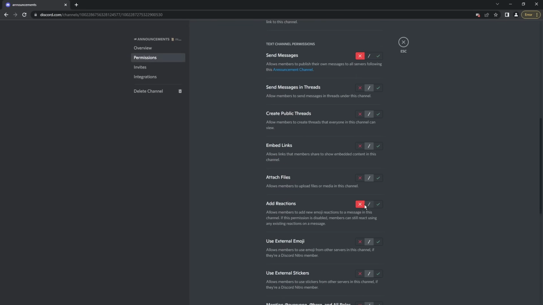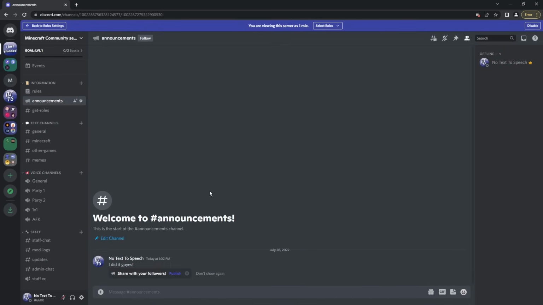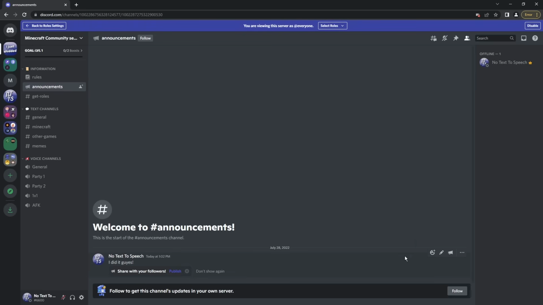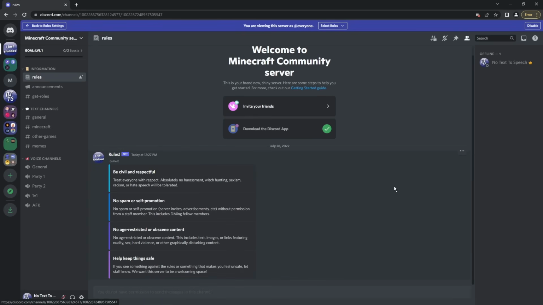And what we want to do is have add reactions as this little slash. Now, if I click save changes, you'll notice that, okay, let me, as an admin, type in, I did it, guys, exclamation mark. As an admin, I'm able to react, but if I go to everyone, now everyone is able to add a reaction, so they can do whatever the heck they want, something stupid. Basically that. Everyone can now react to your announcements,